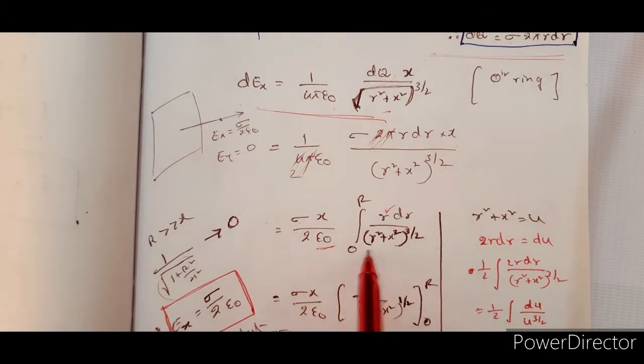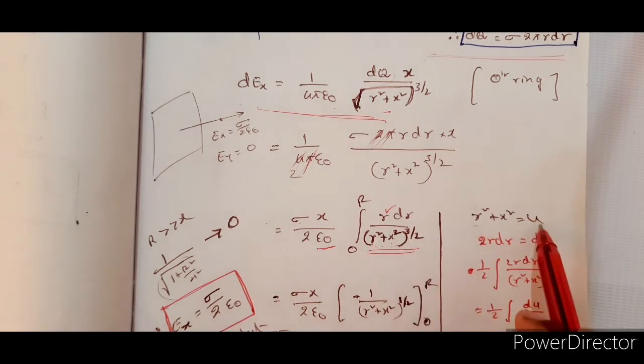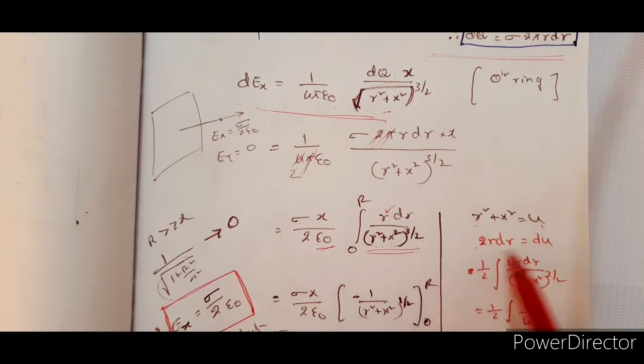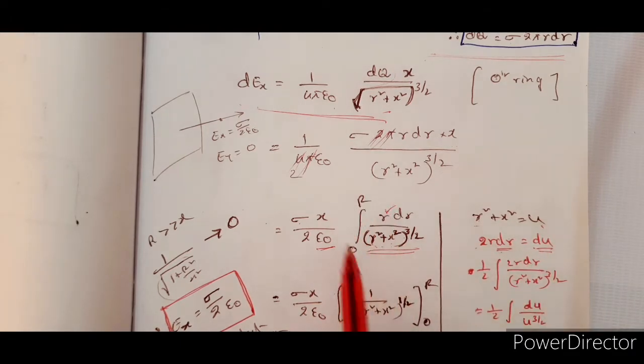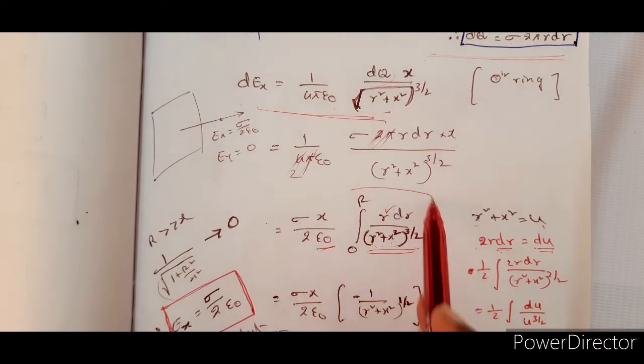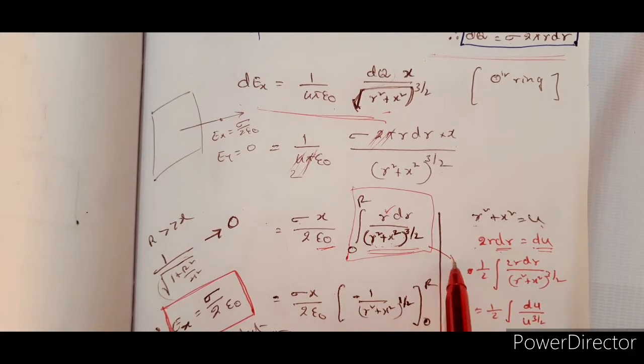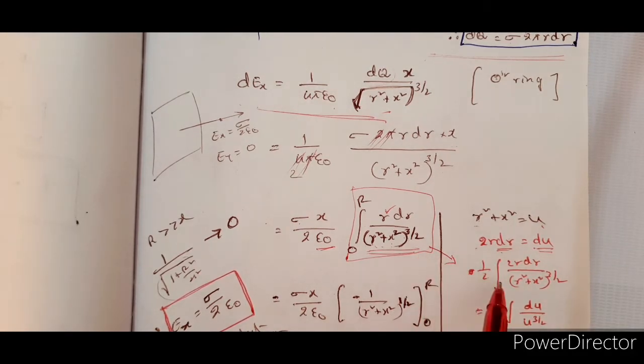But this is a term which involves x and r. So you have to take r square plus x square equal to some u, so that 2r dr is equal to du. When I want to replace dr with du, I am multiplying this with 2 and dividing by 2. So I will get this integral term. Only the integral term simplification part I am explaining here. To the BPC students or the NEET going students, this helps you a lot. And even the other students who want the details of integration, this is given here.